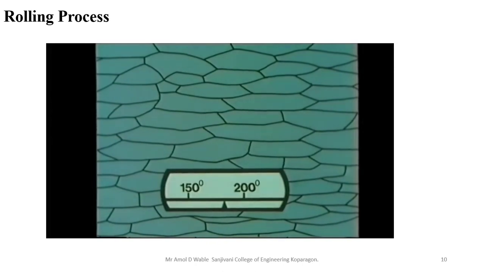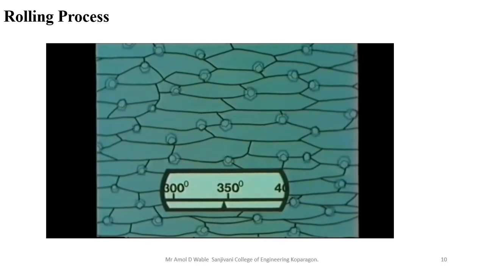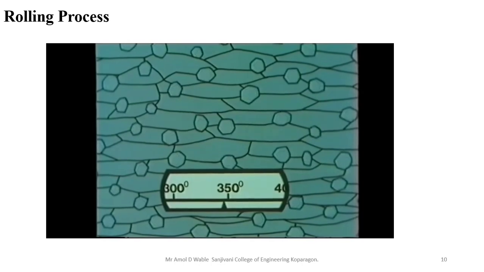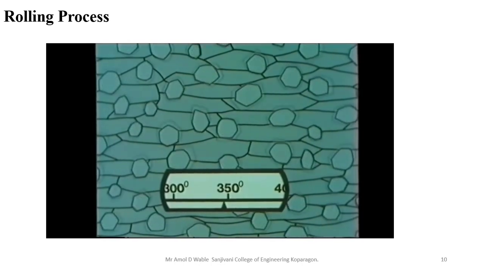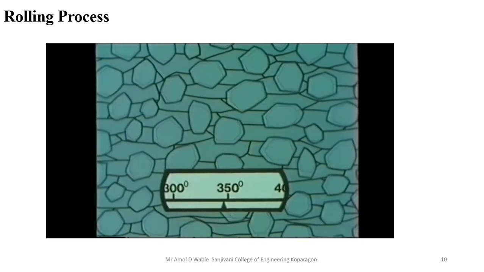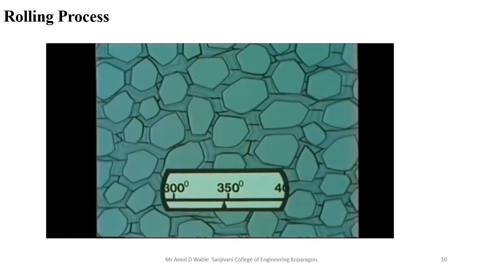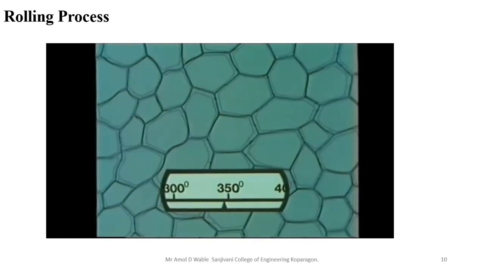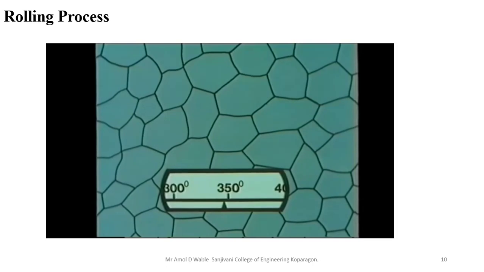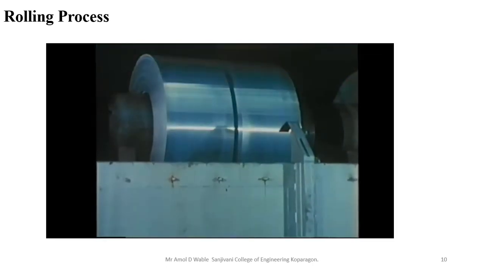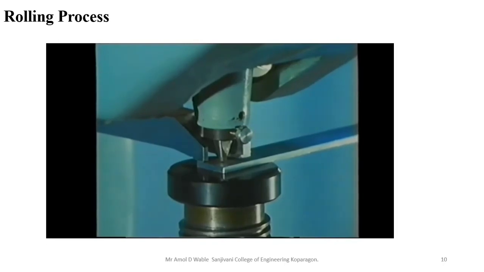So here in the hot rolling process, you will find that the sheet will be heated first, and up to a certain temperature the nucleation process will be carried out, and the new grain structure will be formed by overlapping the old grains. So the structure which you have seen right now, new grains have been formed, and due to that reason you get good properties.